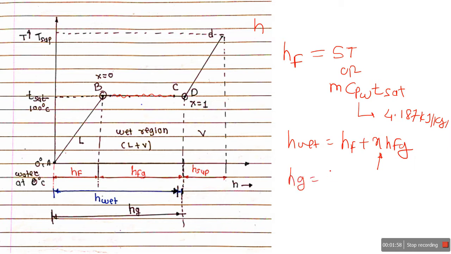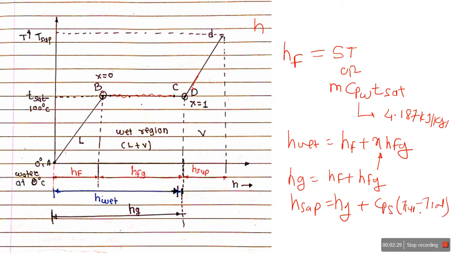Then the enthalpy of dry steam, where the dryness fraction becomes 1, is HF plus HFG. In the previous two videos we saw how to read this HF, HFG. So again I repeat, you must go through these previous three videos before we start the numerical. Then the enthalpy of superheated steam: in this region we first need Hg, and then Cps times (Tsup minus Tsat). These are the very important formulas we need while solving numericals. So let's start with the numerical.